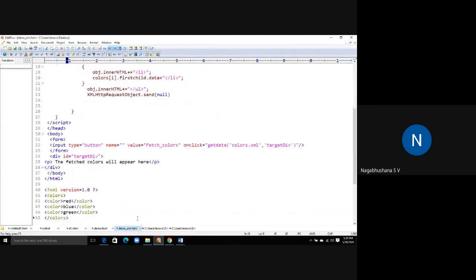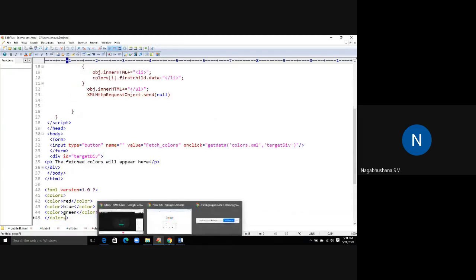Any clarifications here? I hope I am very clear. This is a very important question. I may ask you: write an Ajax script to display get and post method. Write an Ajax script to connect to an XML program. So this might be asked as a descriptive question. It is a very important question from the external examination perspective.